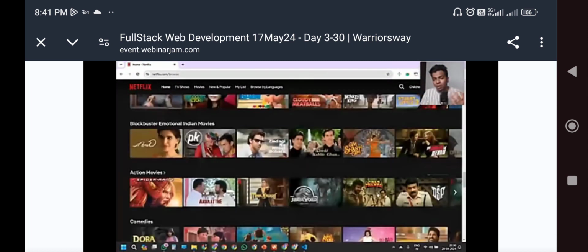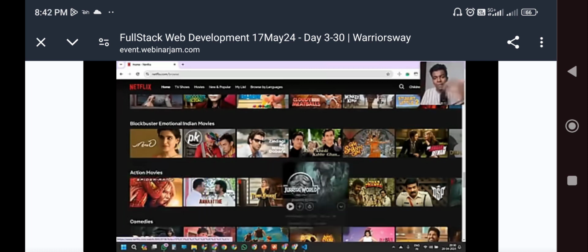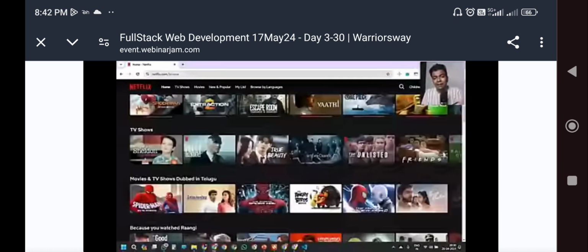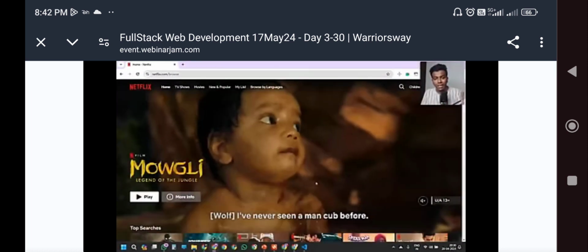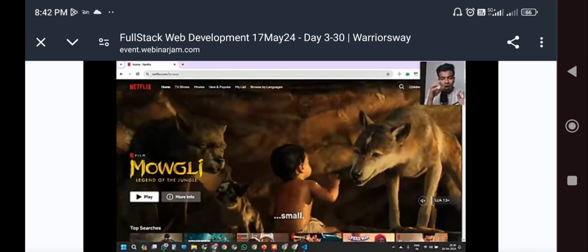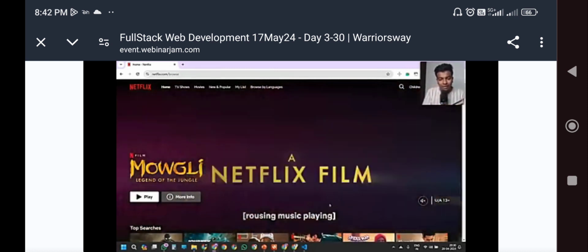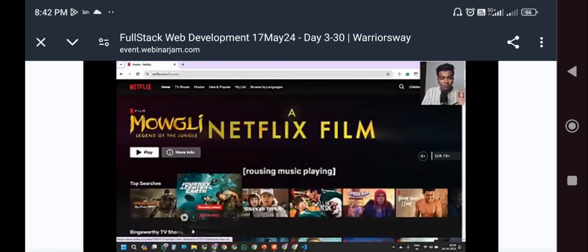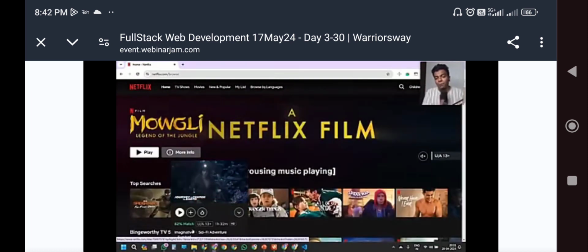As a normal HTML user, we would be writing a normal individual section of code: one for Spider-Man 2, another one for Jurassic World, and likewise. Instead of doing that, we are going to create a component individually and call it when required. Inside a certain component like this, we are going to first put the Spider-Man Far From Home data. Because database we haven't explored until now,